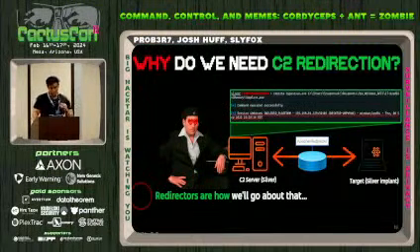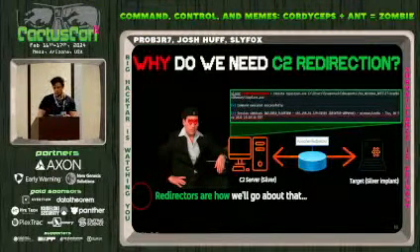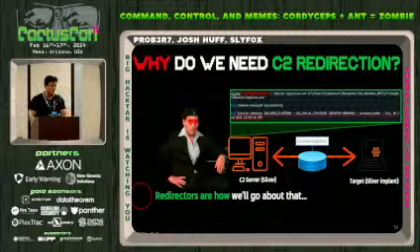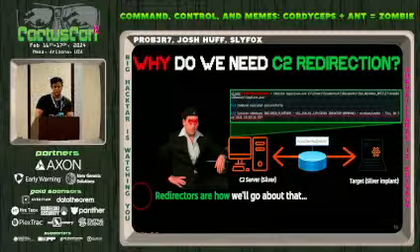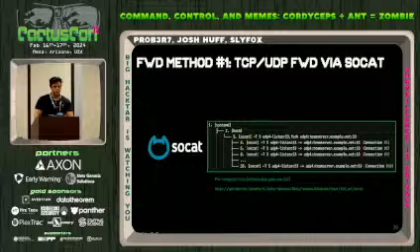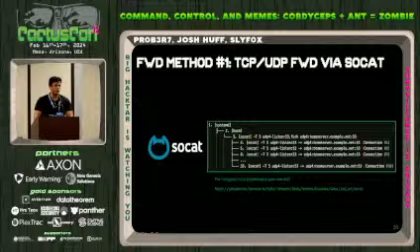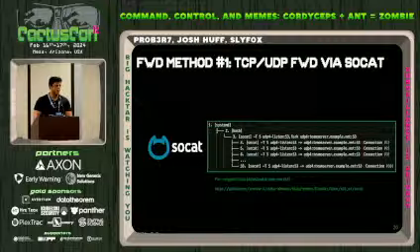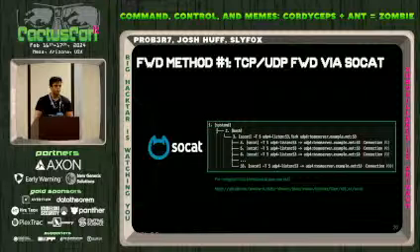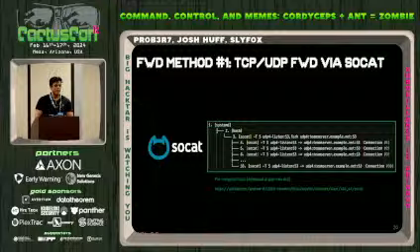All right, so now we have a good overview. Thank you, Josh. That was a great job going over the C2 components and some idea of why we need redirection. We have about 4 methods we're going to discuss today on how to achieve C2 traffic redirection, the first one at layer 4 or transport layer for protocols like TCP and UDP. In this case, our star player today is going to be Socket.